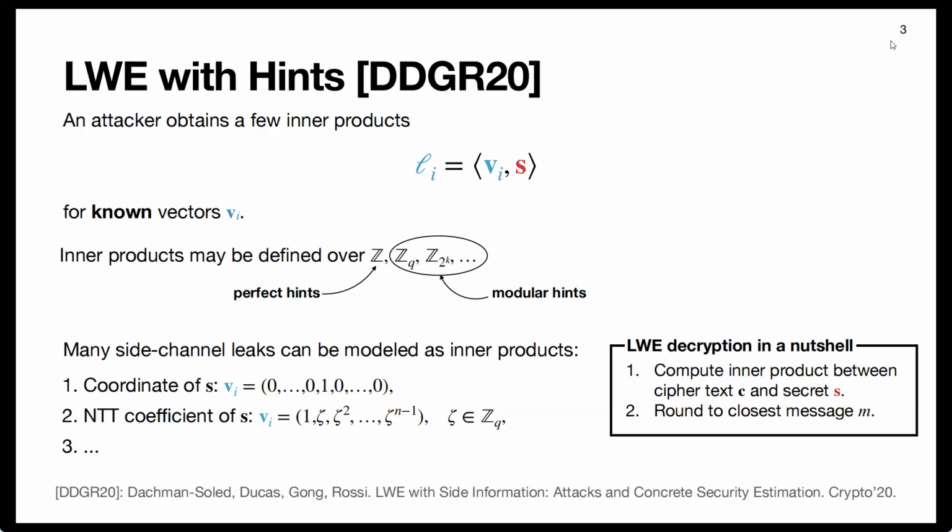Actually, my question: did you try your approach on standard schemes, which are based on standard lattice problems? Are you able to use the same amount of hints to break standard instances of the same dimension? Yeah, okay. We also tried both modular and perfect hints, and LLL also outperformed for regular instances.